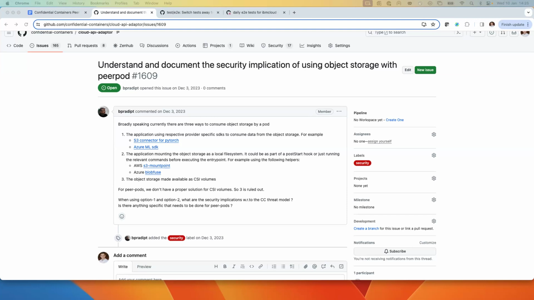It's mostly a question, not really any technical changes we need to make, but purely from a security-implications perspective, is this okay to use, or should we recommend something else to the users? I just wanted to highlight this. We don't need to do anything right now. There are no answers, but if someone has, maybe they can update the issue with their comments.